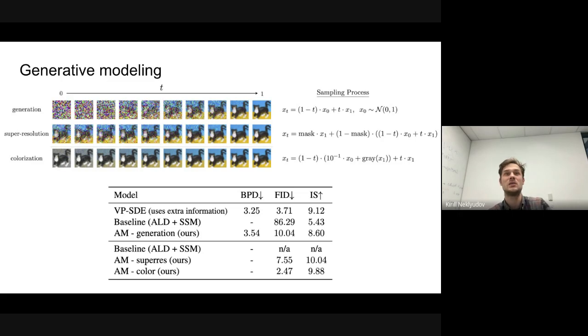And here are the results. We compare to the baseline, where we pretend that we don't have any information about the process. We can still learn the scores of the distribution, right? We can take the same network, learn the scores with sliced score matching or score matching, and then plug them into the Langevin sampler and use it to sample from different distributions. But that would be much worse